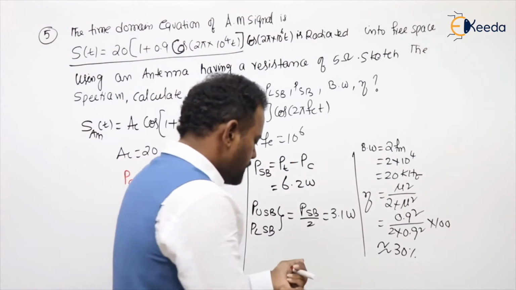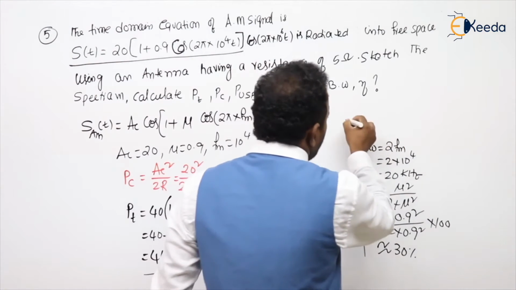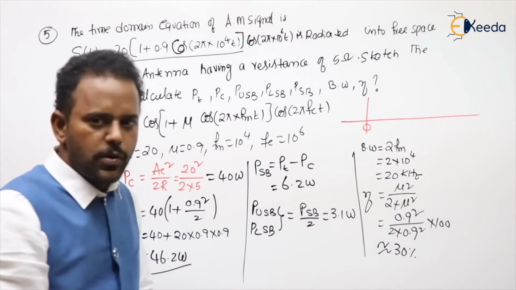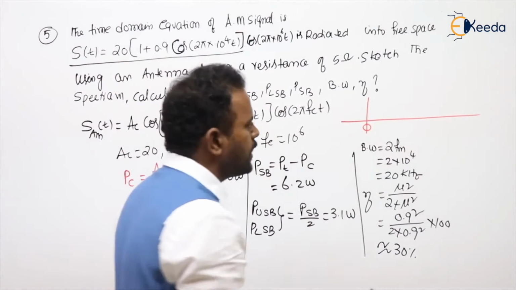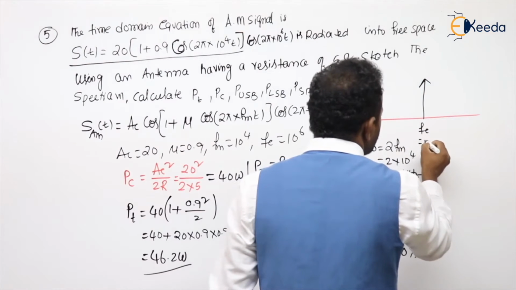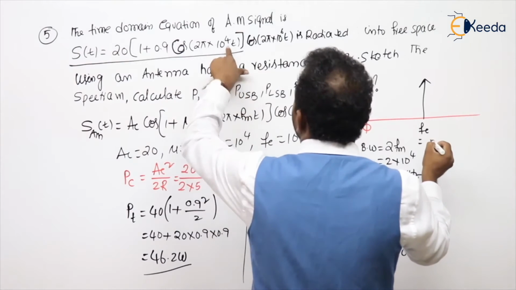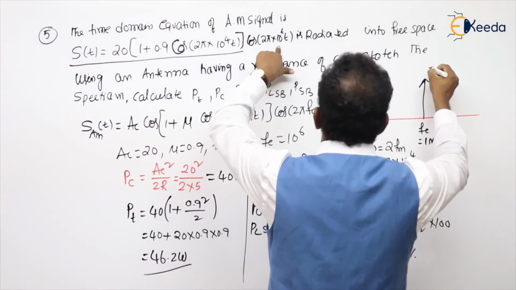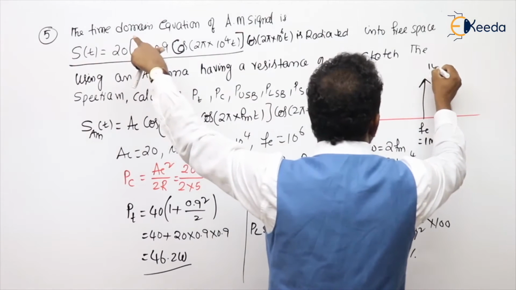Next, what is asking? Spectrum. What is the spectrum of AM? Coming to the spectrum of AM, I am writing on the positive side. Same will be on the negative side also. What components is it having? Singleton spectrum. Carrier frequency component existing at fc. What is the fc value? They given 10 power 6 means 1 megahertz. What is the strength? Ac by 2. Ac value 20, 20 by 2, 10.